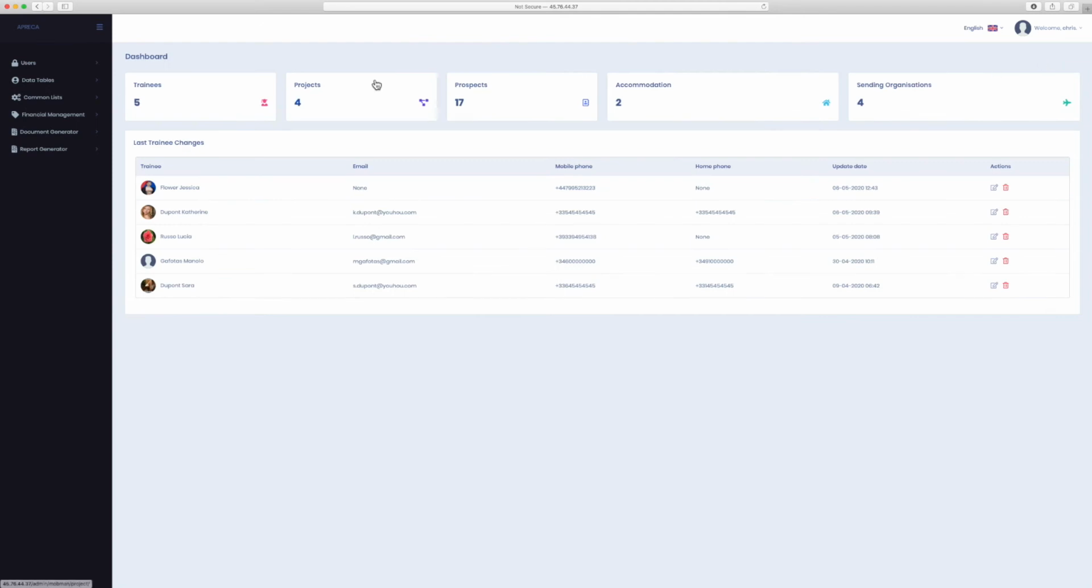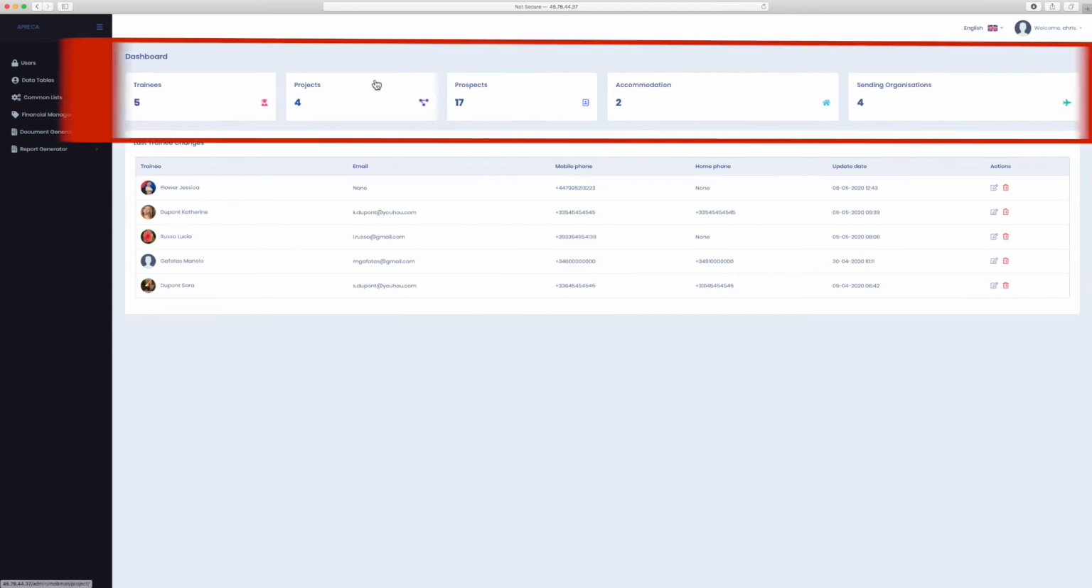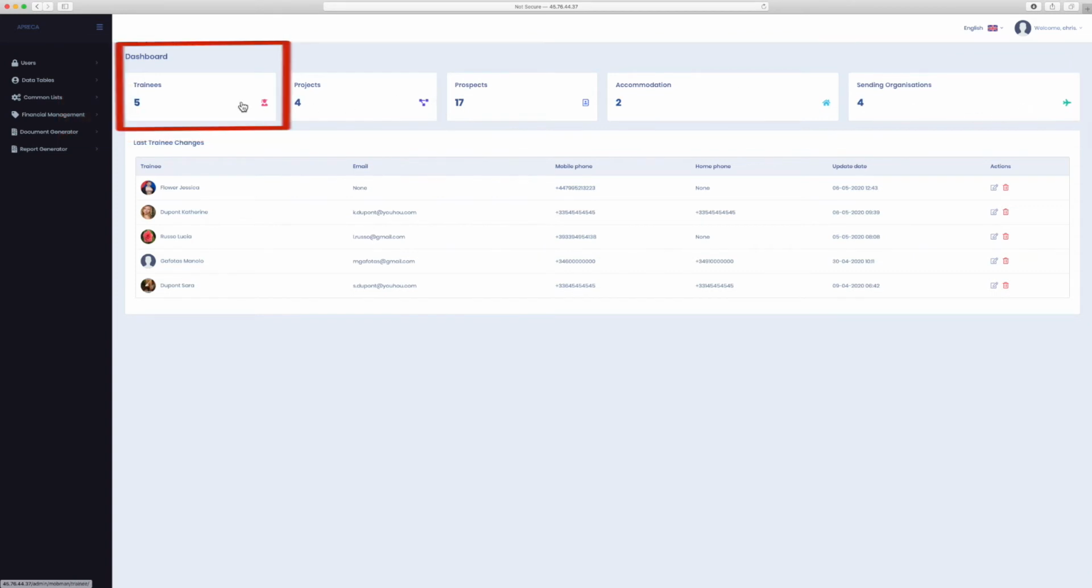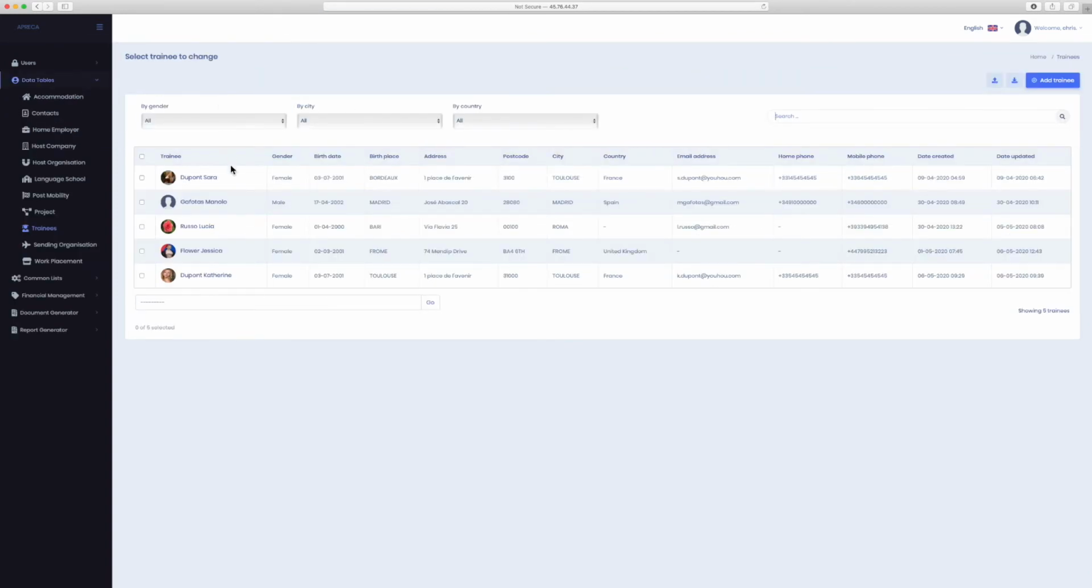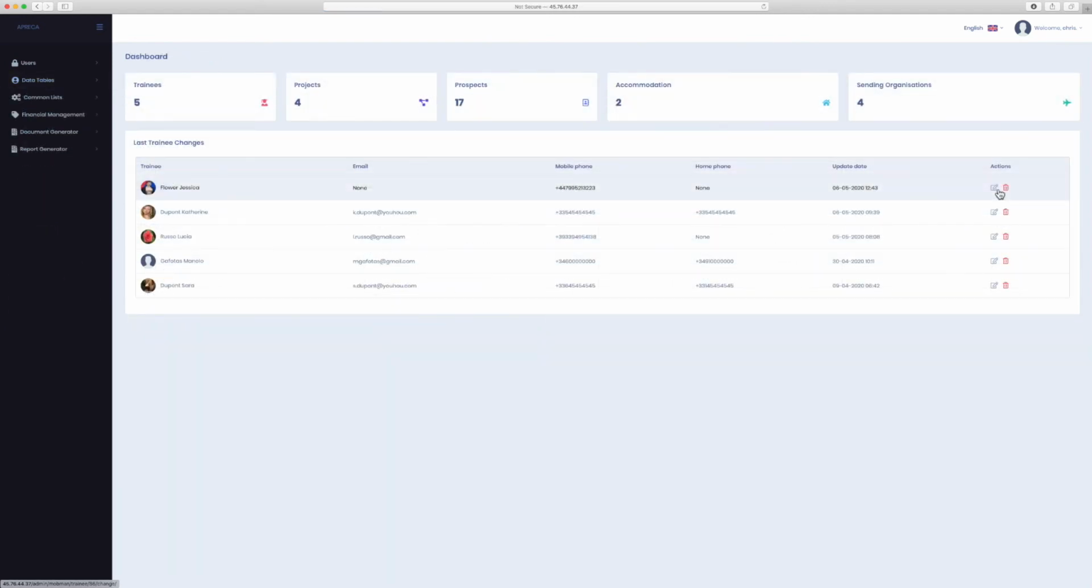The top row of the dashboard has 5 boxes showing the latest information on trainees, projects, prospects, accommodation, and sending organizations. Clicking on one of these 5 boxes is a shortcut to the relevant table. The dashboard also shows the last trainee changes to give you direct access by clicking on the Edit button in